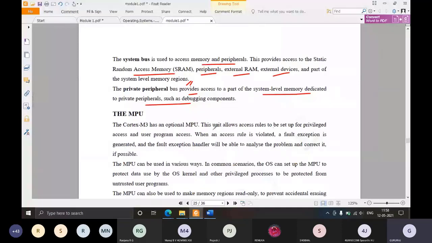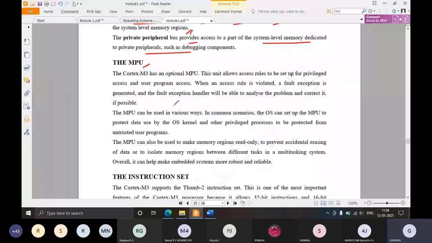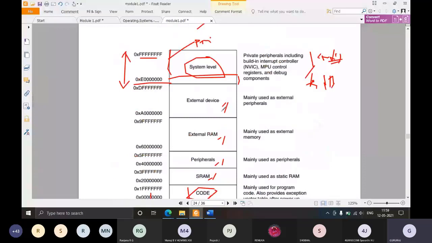Next we will talk about the memory protection unit, the MPU. What is the use of the MPU? The MPU provides additional security for protecting certain memory regions. For example, if you remember, in the privileged access level, I had told you that a program having privileged access level can access all the contents of the memory. So it can access every content here, in this memory map.